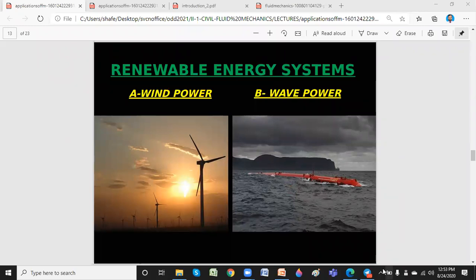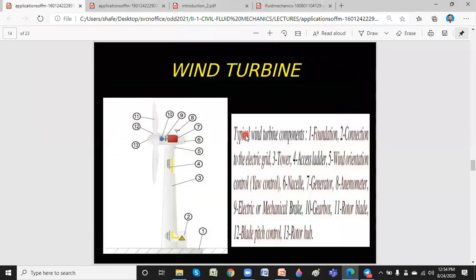Then wind power. I think if you go towards Kerala or some places you can see turbines like this, which are called windmills. These are devices where I can use the wind, because wind is available freely. If I rotate the fan or the blades using that wind, I automatically obtain electrical energy. So that is wind power. Okay, this is the basic thing, and don't worry about that.